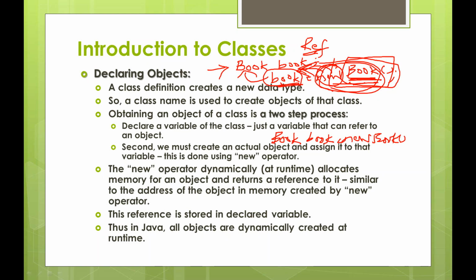We will see more about the constructor later, but let us understand this one. As of now, we don't have any parameters here. This is our open and close parenthesis, and we can have parameters inside these parentheses. The constructor for Book is